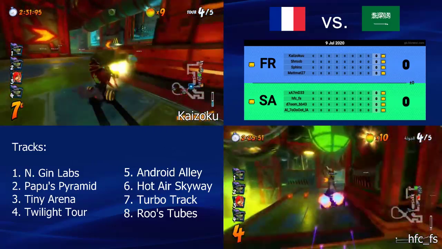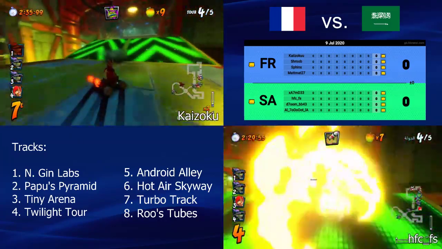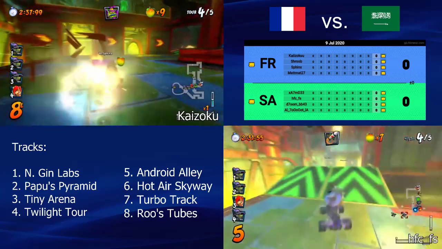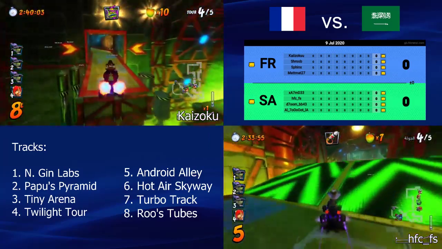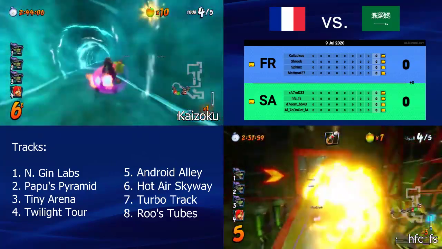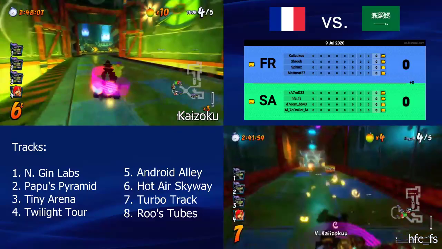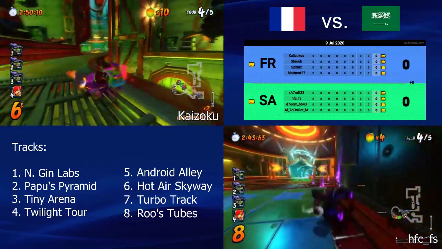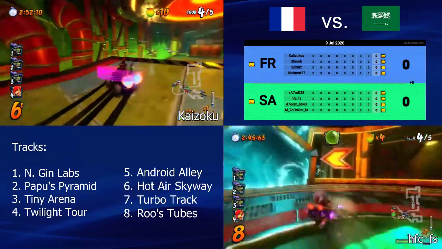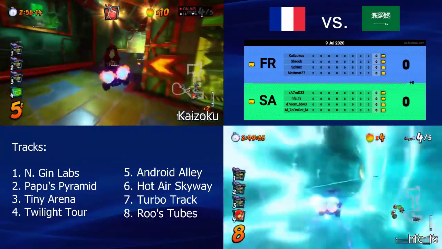I mean, he hits the red beaker. That's one big issue that sometimes comes up when you are in one of the lower positions and you have a power item like a clock or orb. You have to be very careful, and as we've seen with Kaizoku, he just ran into the red beaker, and that could prove to be fatal. An orb is a strong item on this track. Before that, so.